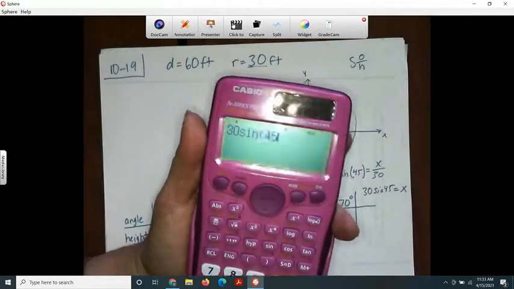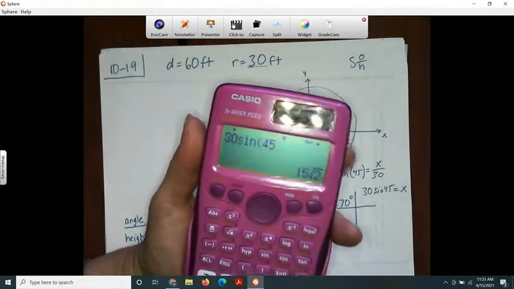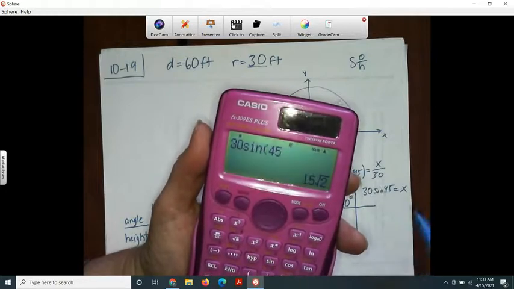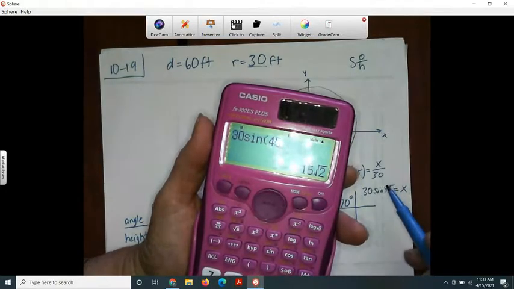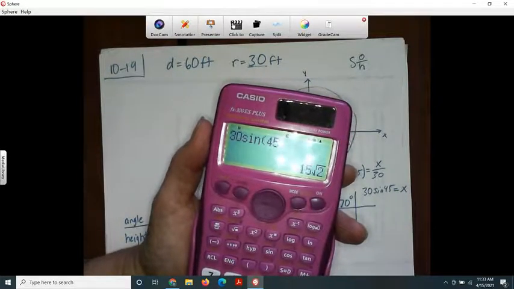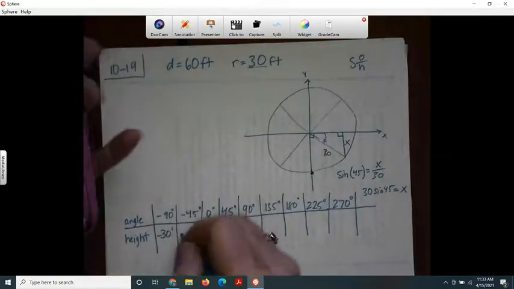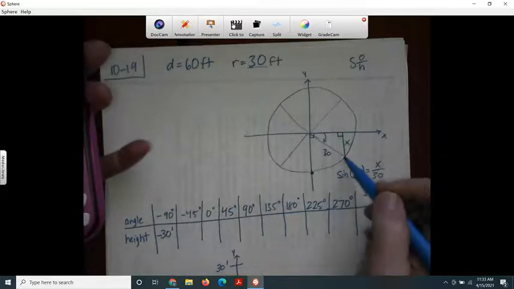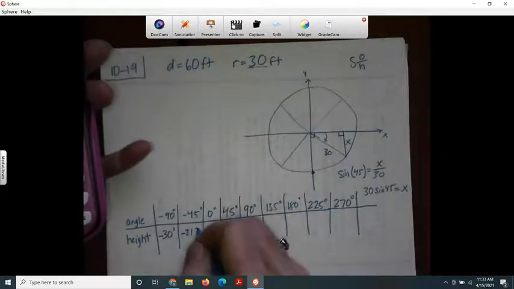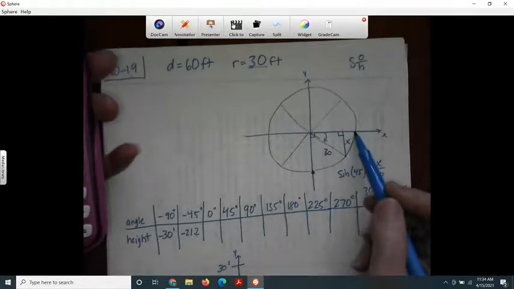I could have used special triangles for all of these, or I could have used a unit circle for all of these. That would be nice. I noticed that your answer book is showing it in decimals, so I'm going to show it in a decimal. It's 21.2, but it's down, so I'm going to say it's -21.2. And then 0, well, if the angle is 0, my height's going to be 0. If the angle is 45,